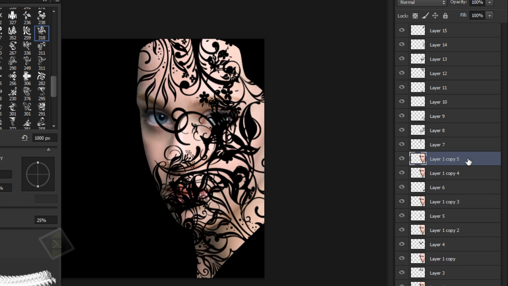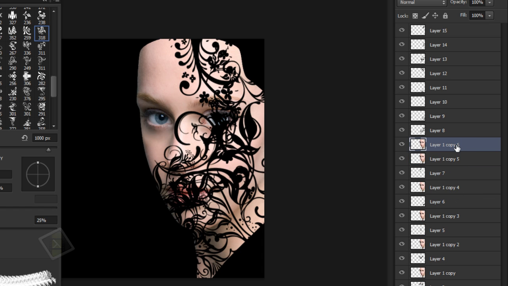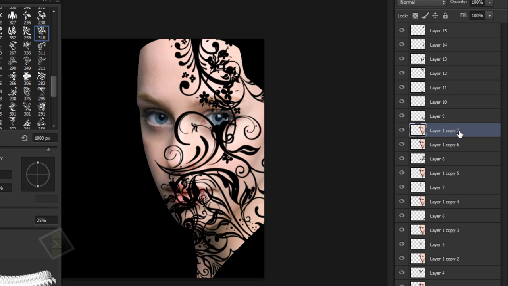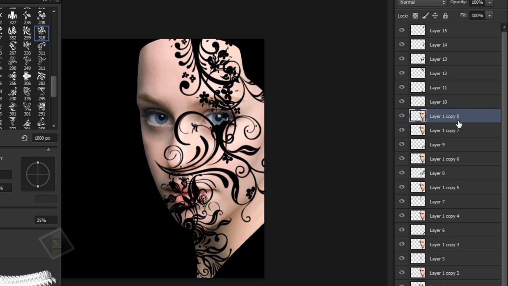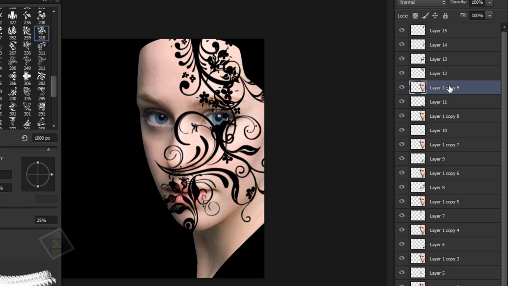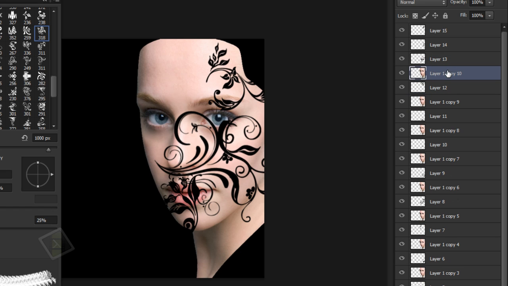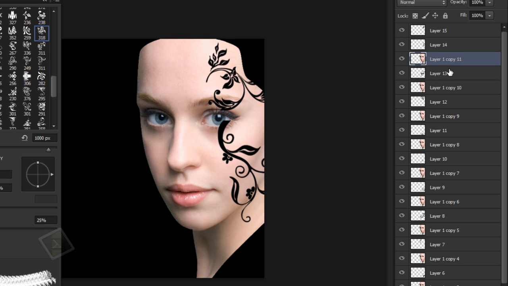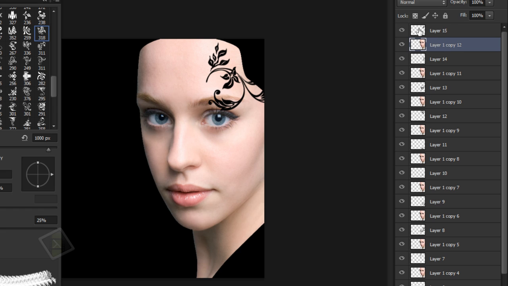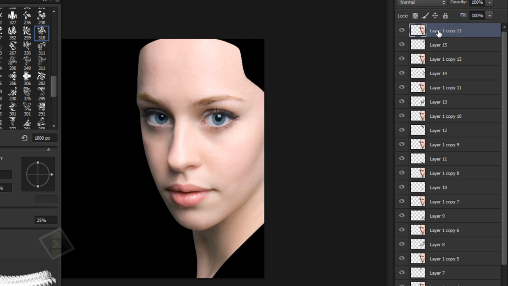So I'm gonna press Ctrl J and then another one, and then another one, and then another one. I'm not gonna fast forward it so that you can see how it looks while in the process. So that seems fine, and then another one, and then another copy, and then between 14 and 15. So as you can see, we have one face, and then let's put another on the top. So we have one face under one shape, one face, one shape, one face, one shape,